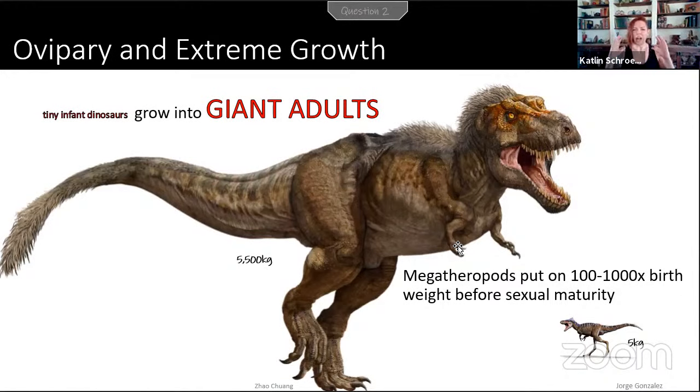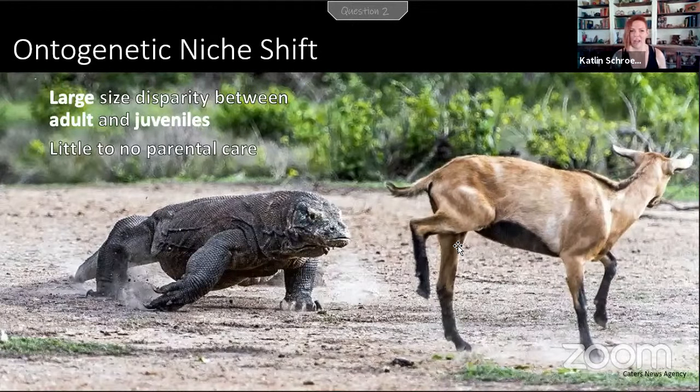So even if you're an 80-ton sauropod as an adult, you're still starting out the size of a border collie when you hatch out of that egg. So there's some things that we know about animals, especially the few remaining big predatory egg-laying reptiles that we have today, like Komodo dragons. When there's big differences between the size of eggs and hatchlings versus the size of adults